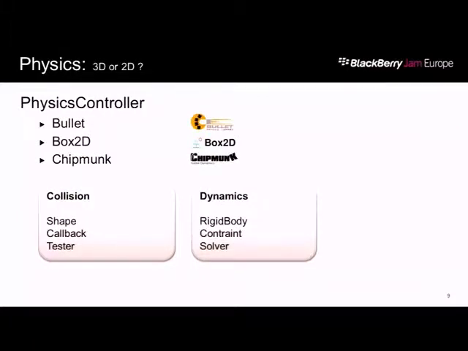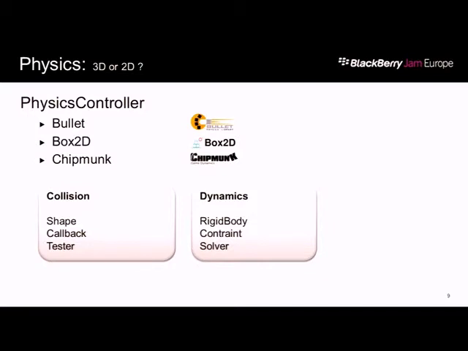So for physics, you're going to have to make a really definitive choice. Am I writing a 3D game, or a 2D game, or something in between, so that I need 3D physics or 2D physics? What I usually recommend for open source is Bullet. It's for 3D. Erwin Coumans is the lead for that. He really knows what he's doing. We've worked a lot with him recently. I have a guy on my team who's got a master's in physics, and he'll show you a demo of some vehicle physics. We wrote some extensions on that. Maybe we'll actually go into Bullet physics next. But options for 2D are obviously Box2D and Chipmunk. Those are really good libraries. They support all the typical things. So physics is broken up into 2 areas.